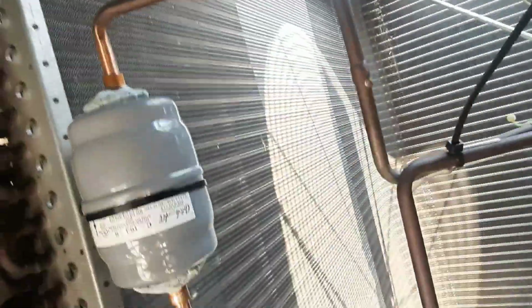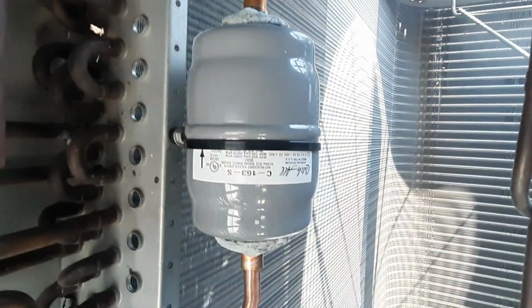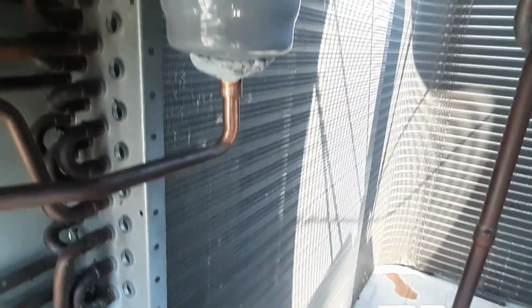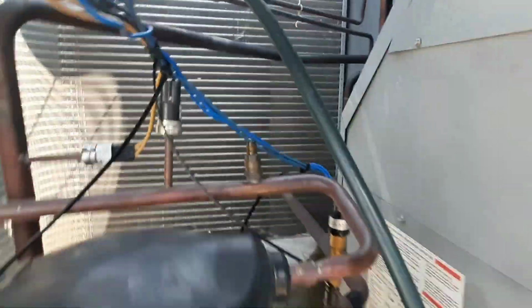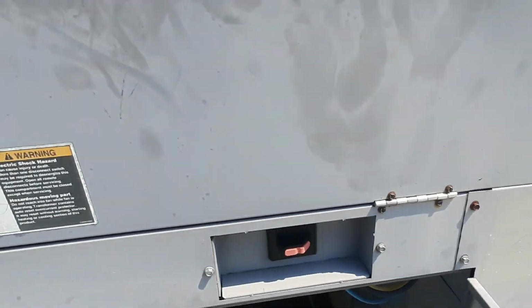So a little bit of hot block goes a long way. Just a little bit on the top and bottom. Your bracket won't fit on the 16 cubic inch, so I got a wire tie holding it up. Everything's tight in there. We're gonna hit that. I blew it out with nitrogen. The nitrogen flows pretty good through